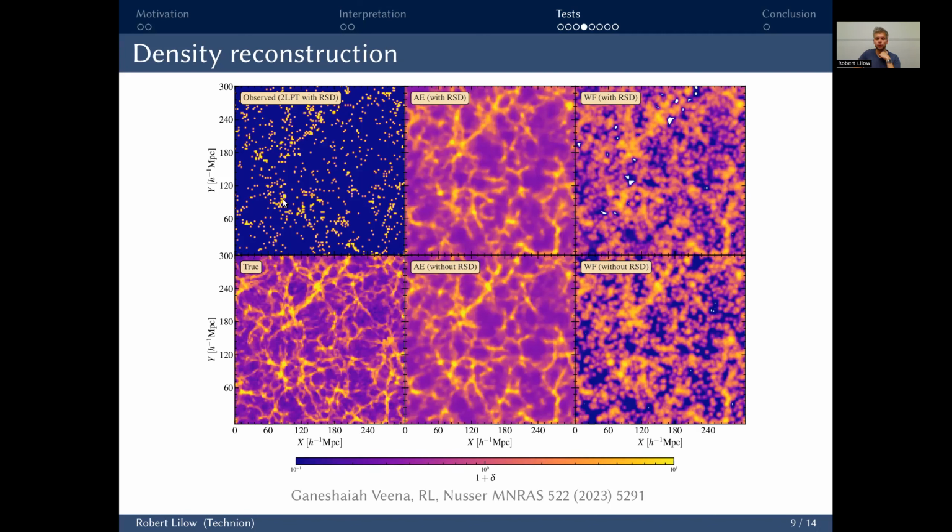You can see both of them nicely capture the large-scale features of the true density, but you can see significant differences at small scales, where the autoencoder actually nicely captures these fine filaments, whereas the Wiener-filter fails at that, becomes rather blobby. It doesn't have all the higher order correlation information needed to reproduce that. So you clearly see the improvement obtainable with this autoencoder. And the difference between the upper and lower panels is just if you include redshift-space distortions or not in our observation. But as you can see, visually there are small differences, but it's not very obvious.